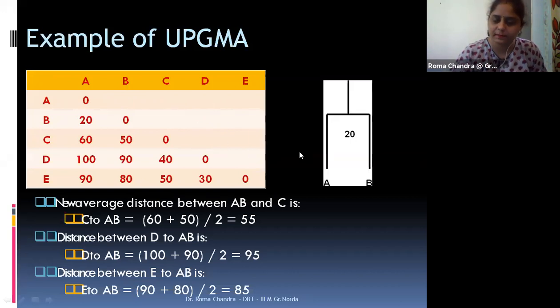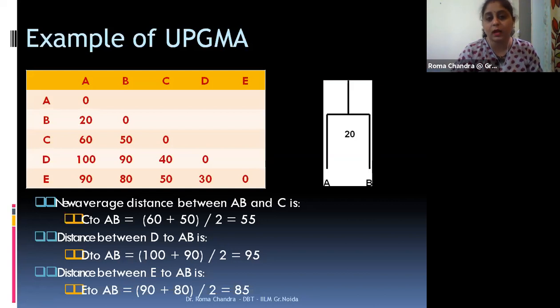and 30. Okay, so the first thing while creating a phylogenetic tree using a UPGMA method is to take a two-dimensional matrix, put all the species, like I have taken 5 species, in the row and all the species in the column, and calculate the scores for as many possible pairs as you can make. A to B, A to C, A to D, A to E, and similarly B to C, B to D, B to A. So the matrix is being created, filling up the values.